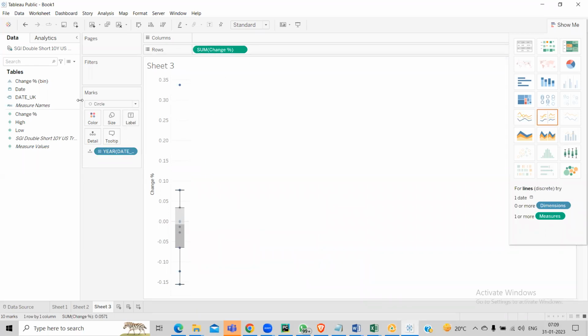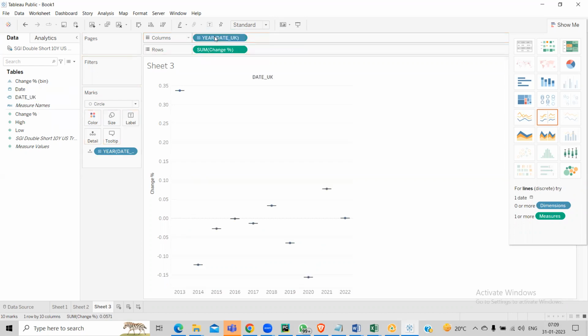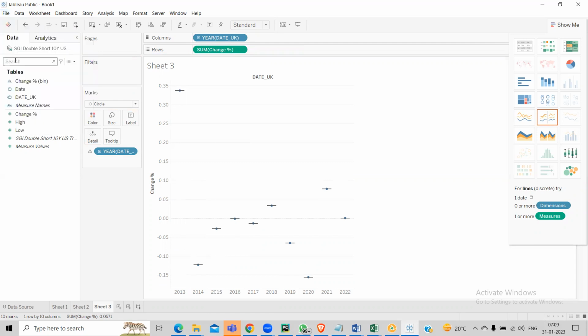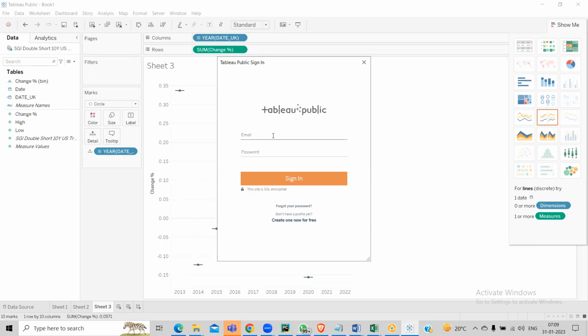Now date we need, right? So it is for year, every year change. This is change box plot, right? So we'll stop here. We'll save it. We'll say financial analysis, and we'll come back and we will